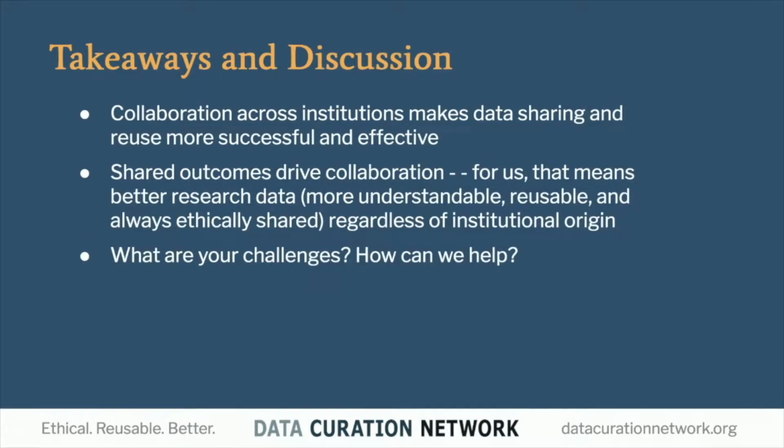So some takeaways here. We think, building off of what we've been doing the past several years, that when it comes to providing data support and data services, collaboration across institutions is really key. These problems are not unique to your institution or your researchers. These are problems that we all have, and we can really approach them as a collective and be more successful